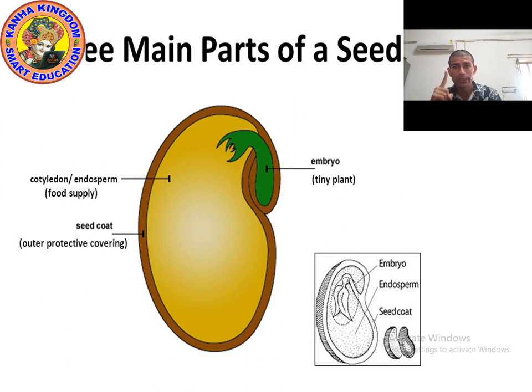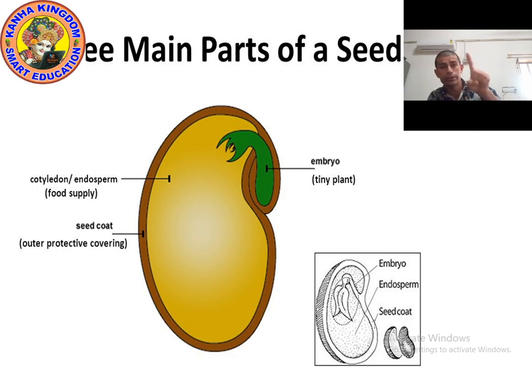Seed coat is a protective layer, or you can say seed coat is the outermost covering. It is the outside layer. Yes, it protects the seed. Yes, this is the work of the seed coat. So it protects the seed. Now